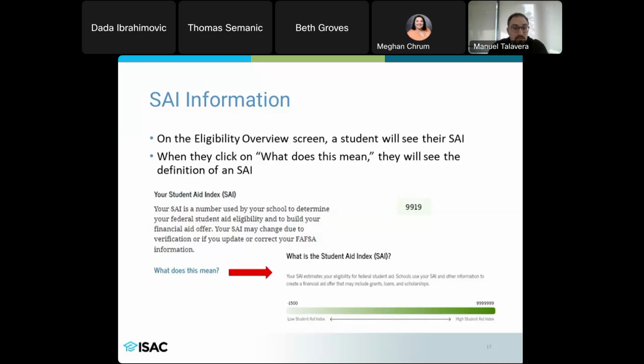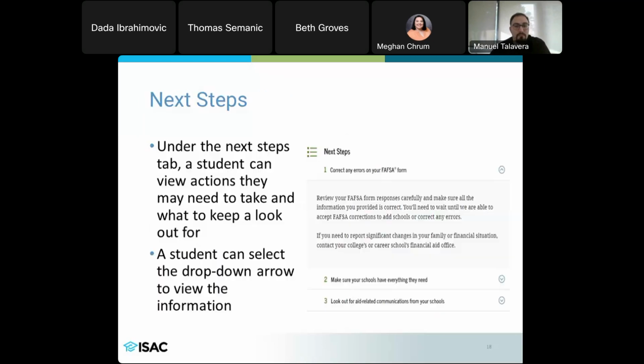But again, it will tell you the range of a student index. It can be as low as negative 1500, and the sky is the limit here, right? But for a student, this is one of the bigger changes this year. Back in the EFC days, the lowest it would be was a 0. So now we can see a negative SAI, which is essentially telling the institution that we have a more needy student.